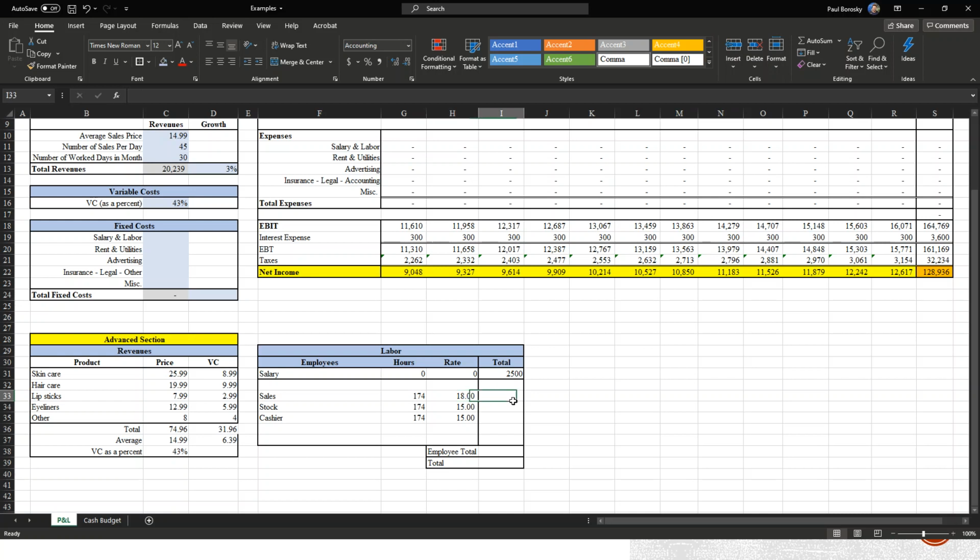We got the rate of pay. The next thing we're going to do is go ahead and hit the equal sign. Multiply that 174 by $18. And now we've got the amount of money that we're going to pay each person for their services. The next thing we're going to do is click on the cell for the sales. We're going to go to the bottom right-hand corner, and drag that down twice. And so now we've got a total amount that we're going to pay each person on